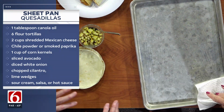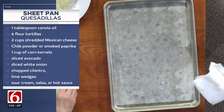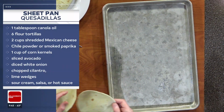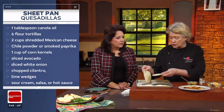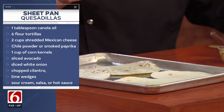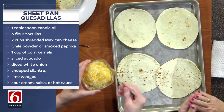And I'm going to tell you what makes this different. Okay, great. Thank you. I'm a spreader. She does a great job. So then we're going to put our tortillas down. These are flour tortillas. And this is interesting because she's going to leave them open and she's going to tell us why. Because normally I would put them on there, put the cheese, flip them over,